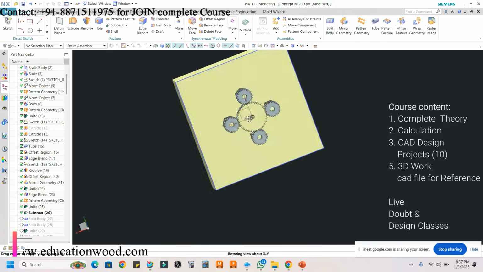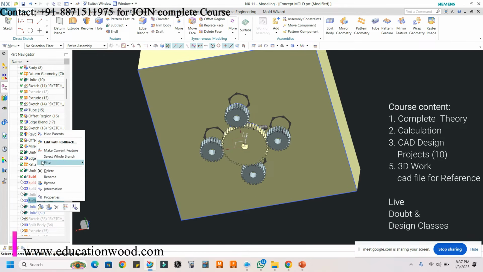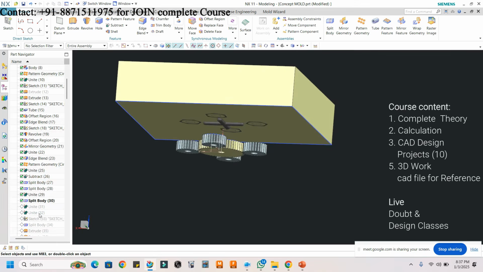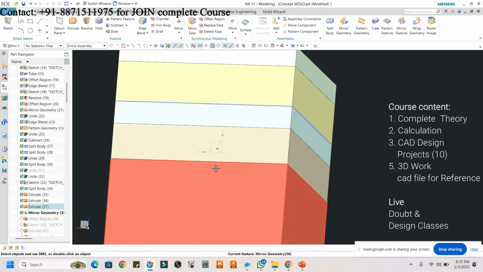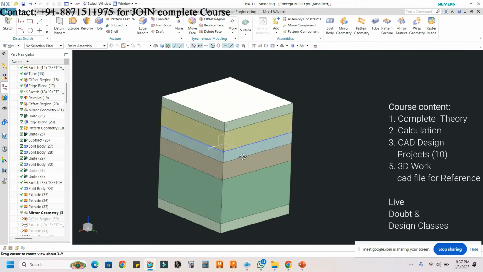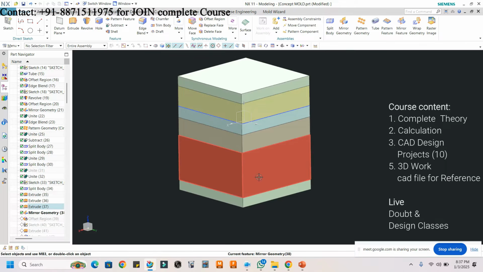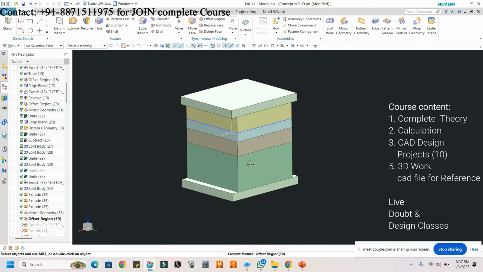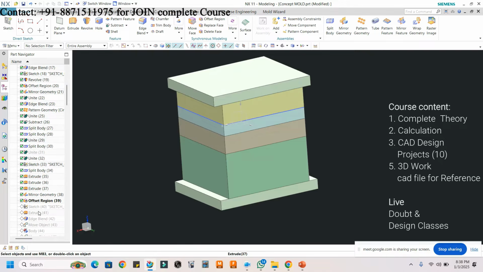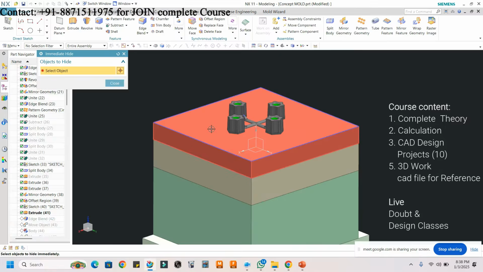Now you can see the core and cavity. Now I will create the shaft. One minute. This is the complete mold base, and in this complete mold base I will not use the ejection system. I will not use the ejector grid right now. Is it clear?